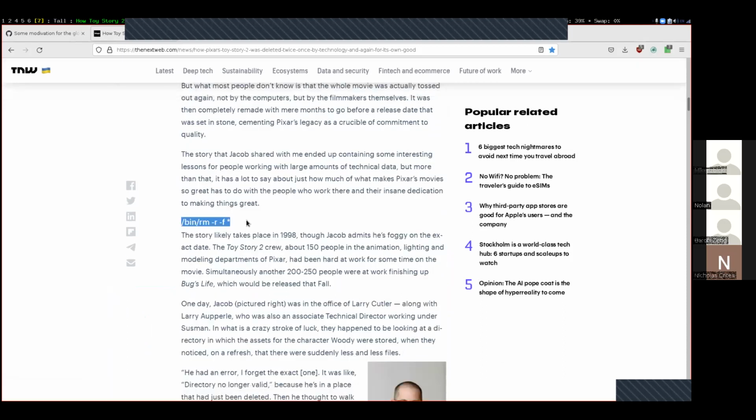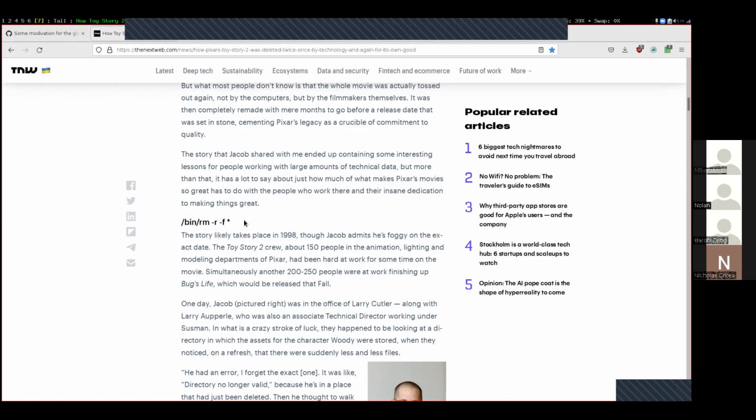So here is the particular command that ended up getting run by somebody. You can see the glob in there, the rm command. And this was in 1998. People were working on it. This anonymous person, they still don't know who ran this command, ran it. And at the time, everybody at Pixar had read and write access to every file on the system. And this person was working on just one particular animation, thought that they needed to delete something, and so they ran this command,